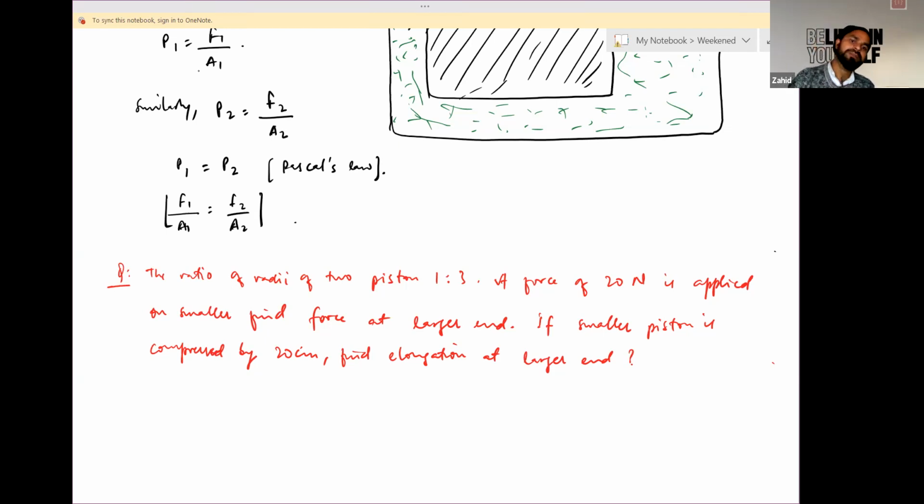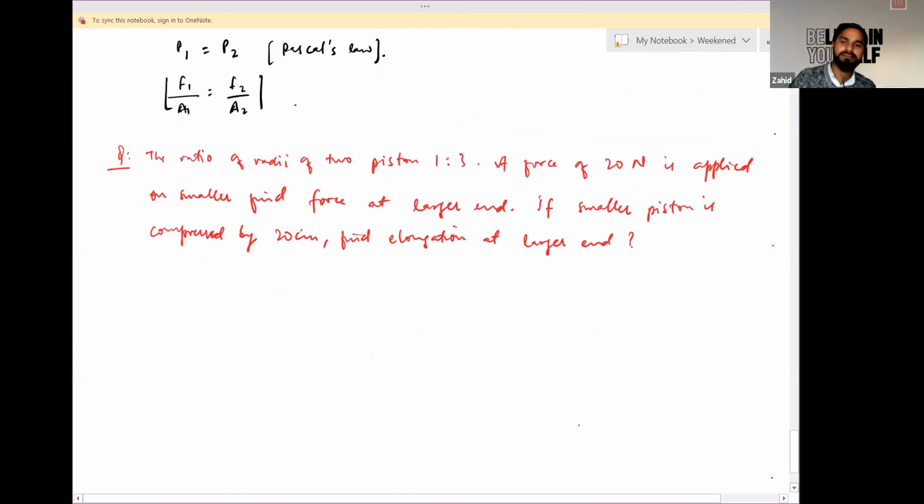Mamuna, just check your calculation. We have the relation F1 divided by A1 equals F2 divided by A2. So we have to find F2. So it will be F2 equals F1 times A2 divided by A1. Since pistons are circular in shape, and the ratio of radii is 1:3,